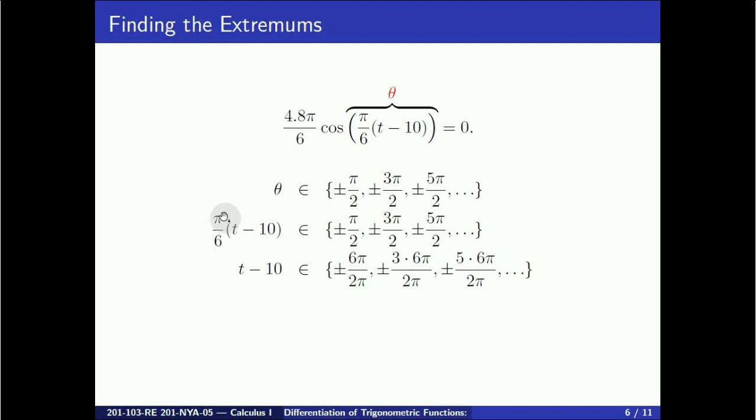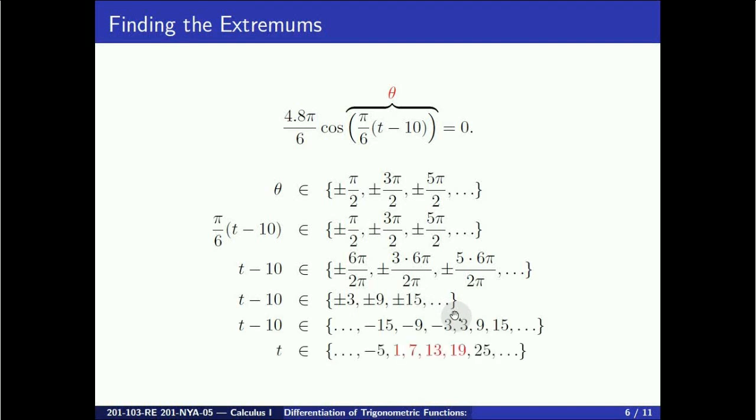So if we multiply everything by 6 over pi, we get that t minus 10 is contained in the set 6 pi over 2 pi, plus or minus 3 times 6 pi over 2 pi, then plus or minus 5 times 6 pi over 2 pi. And if we simplify this, we just get that t minus 10 is contained in the set plus or minus 3, plus or minus 9, plus or minus 15. And adding 10 now gives us that t is contained in the set minus 5, 1, 7, 13, 19, 25,